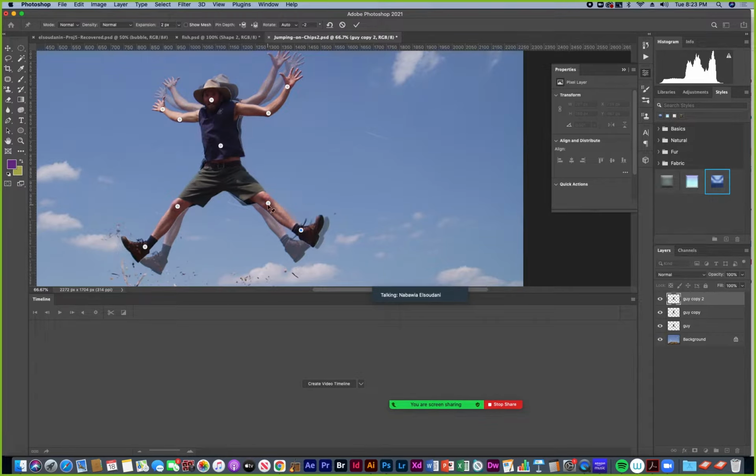Well, let's see if I can get his leg even higher. No, that's a little, let's try this way. Let's try going down more. And then this one, I'm shift clicking. Oh, ouch. That doesn't look comfortable.